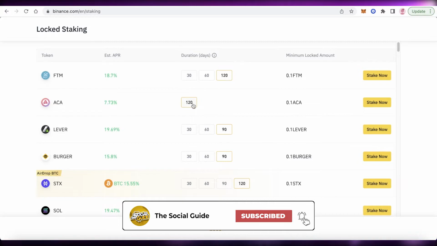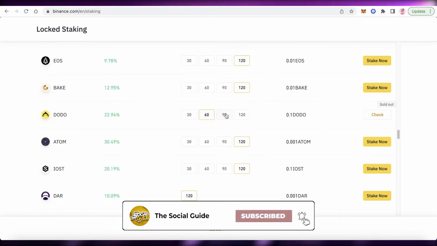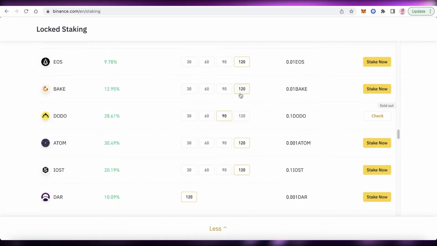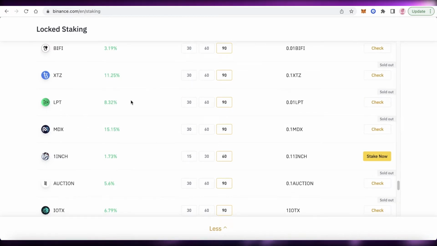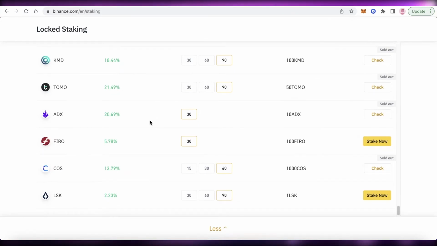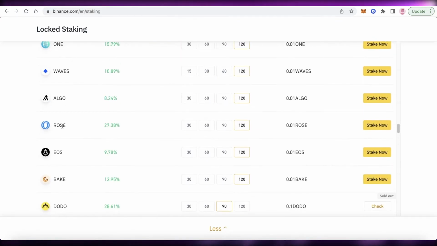So ACA has a 120-day lock, and depending on how flexible the amount of money that you're investing is, so let's say you have like 100 tokens of Bake, and you absolutely don't need those tokens whatsoever, they're extra money for you, you can even lock them for 120 days, and if it's a negligible amount for you, then this would be a great way for you to make money. Now, what I would recommend is that you look for the higher APR and the lowest amount of days. That is one of the simplest strategies to go for, but you also need to keep into consideration that